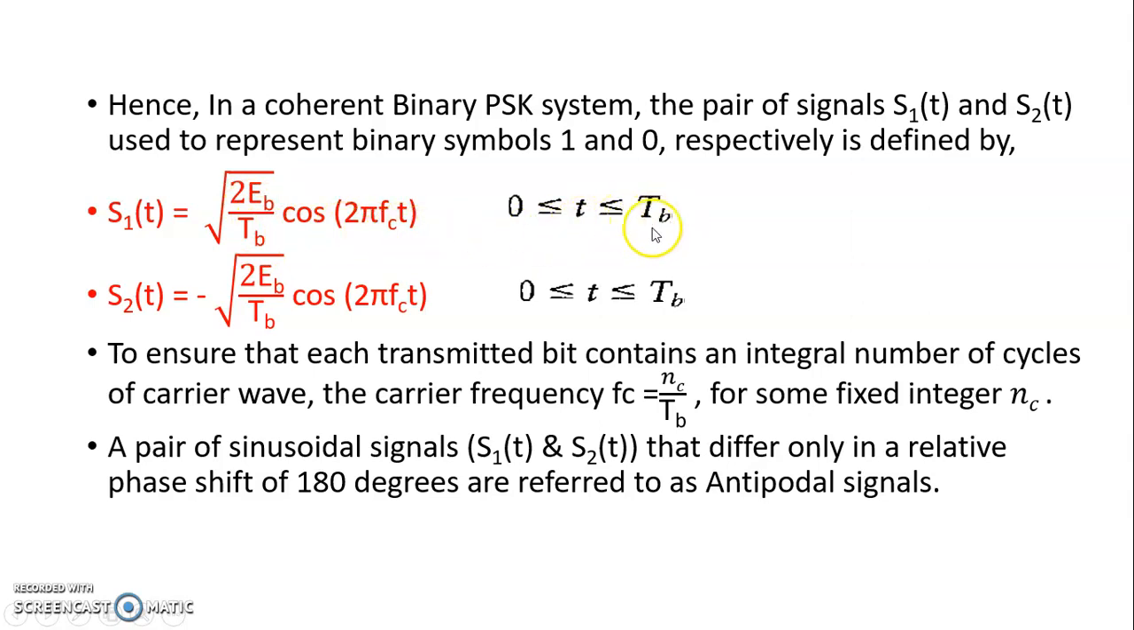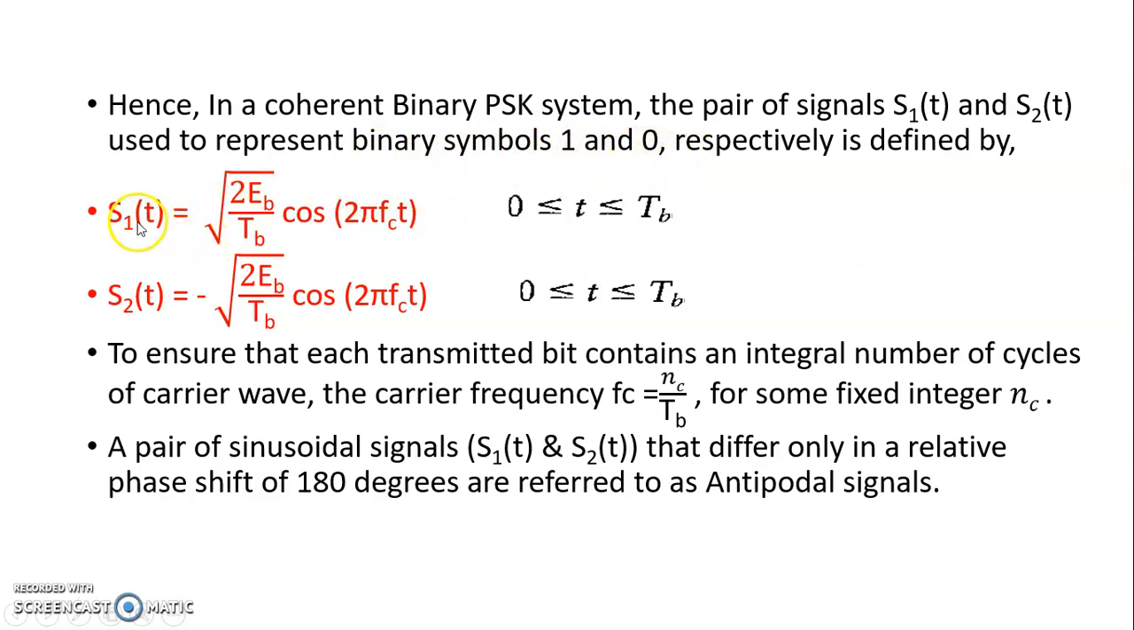less than or equal to Tb, and S2 of t as minus root of 2Eb divided by Tb cos 2 pi Fc t over the interval 0 less than or equal to t less than or equal to Tb. So in coherent binary PSK systems, the pair of signals S1 of t and S2 of t are used to represent the symbols 1 and 0 respectively, and